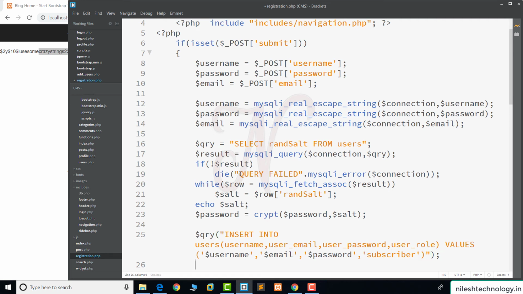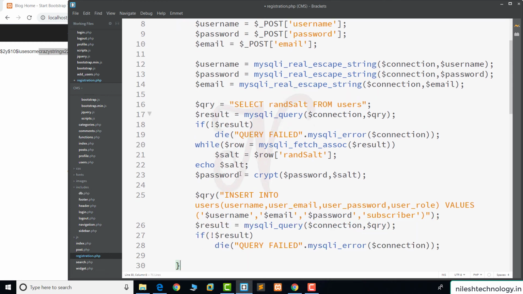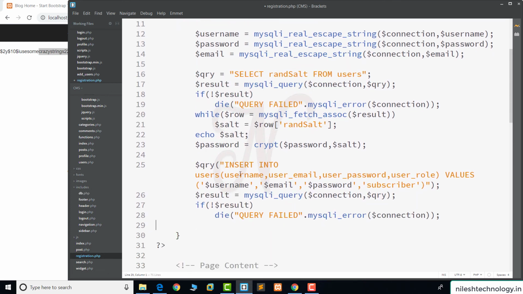Now we execute this query. So result equals, we copy this code again here, connection query. If you have a syntactical error, then it prints this message, query failed, and if not, then it inserts the successful result.